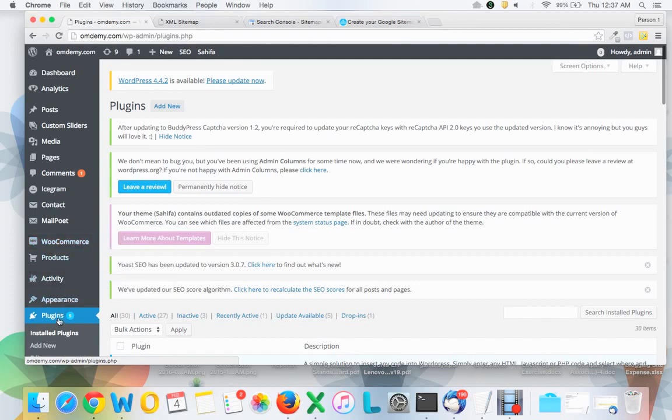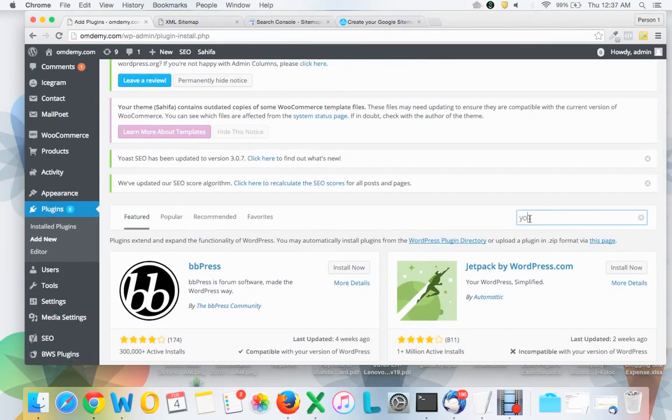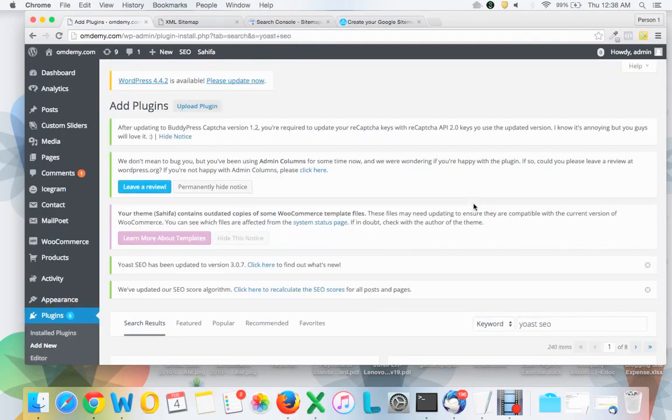You have to go to the plugin section of your dashboard, I mean the WordPress site backend, and you say add new, and you can search over here for Yoast SEO. You type it in this box and press enter.